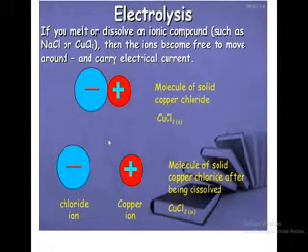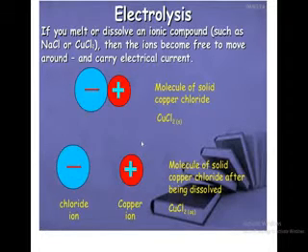Okay. So in electrolysis, as you can see from the slide, the picture shows that in ionic compounds the ionic bond is present and the ions are fixed and attached to each other in the solid state. Here, as you can see, is solid copper chloride, an ionic compound. In the solid form, the ions are bonded to each other by ionic bonds. They are fixed in their positions and not free to move. That's why ionic compounds do not conduct electricity in the solid state, because the ions are not free to